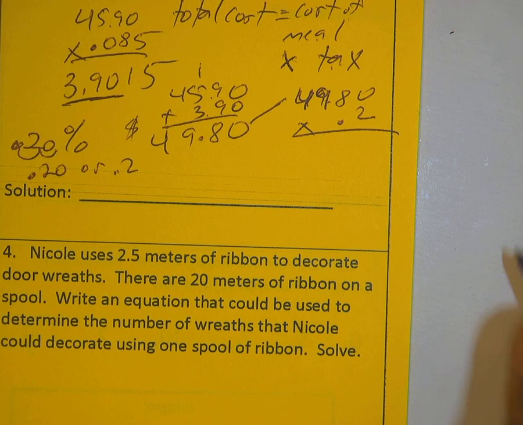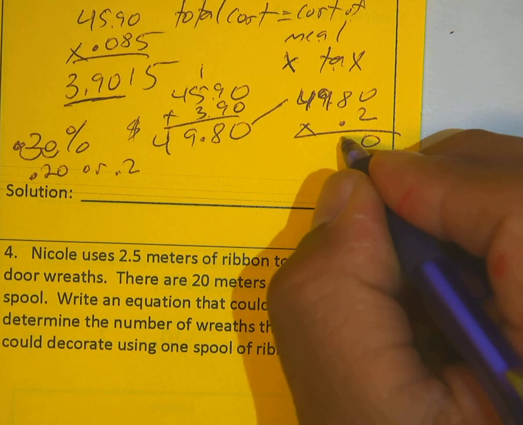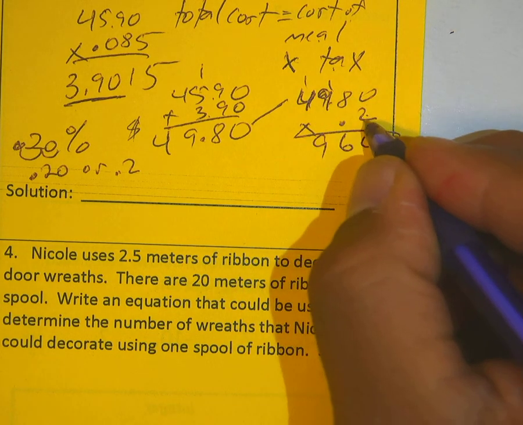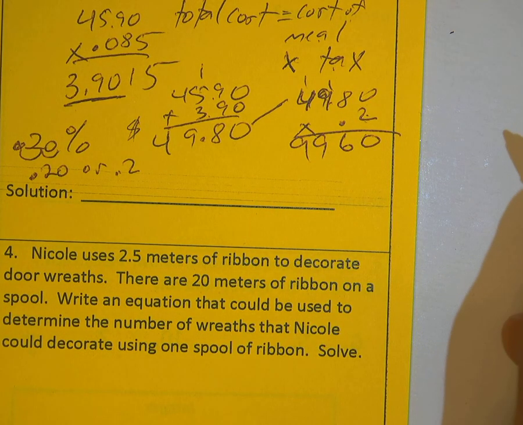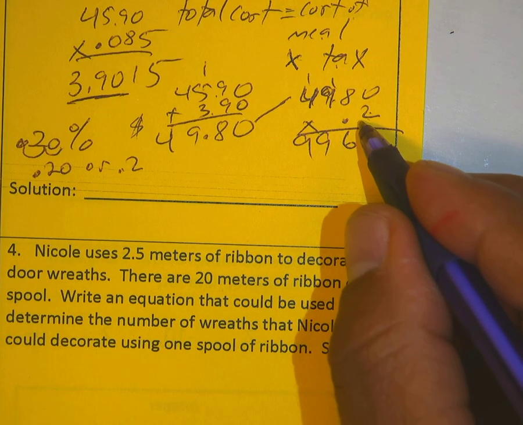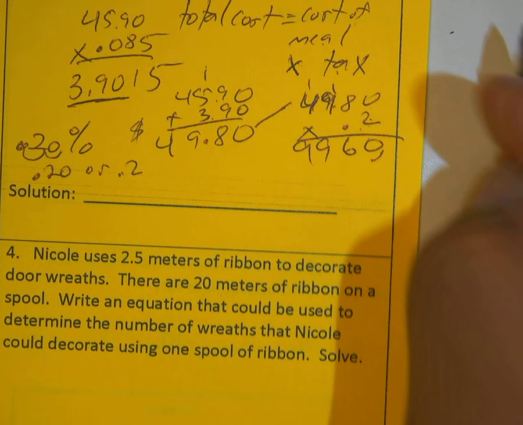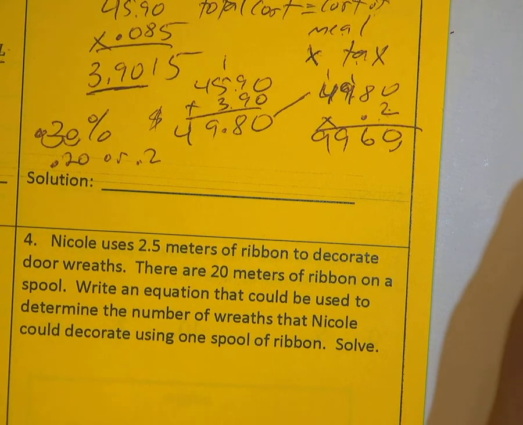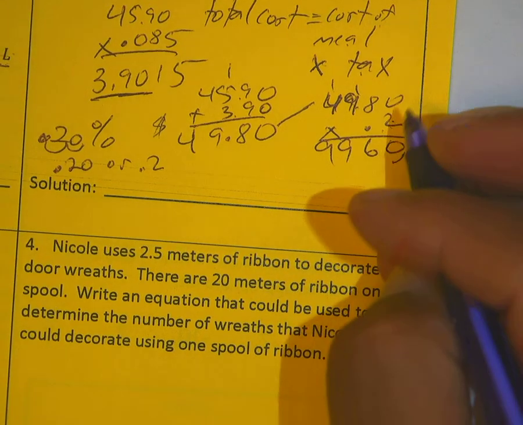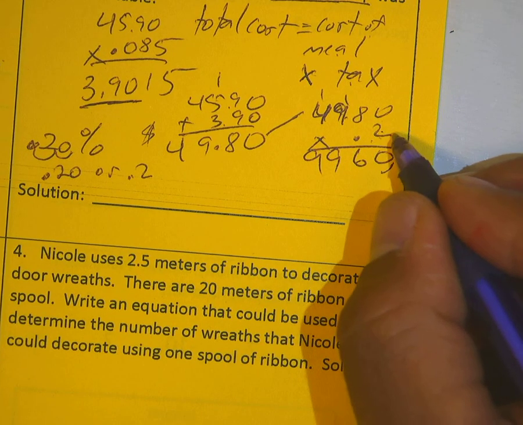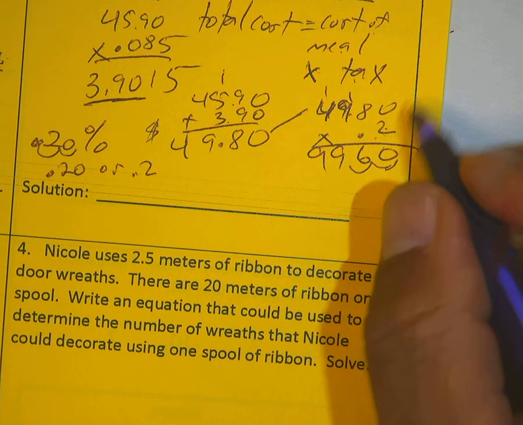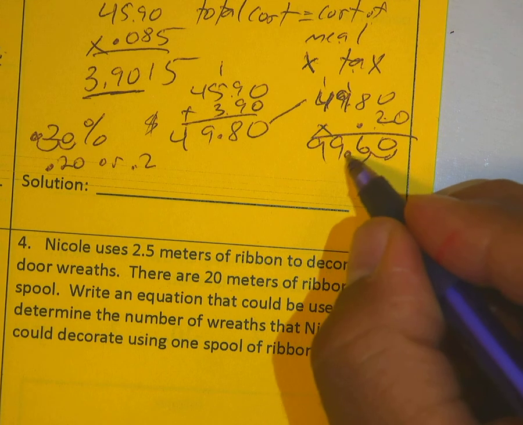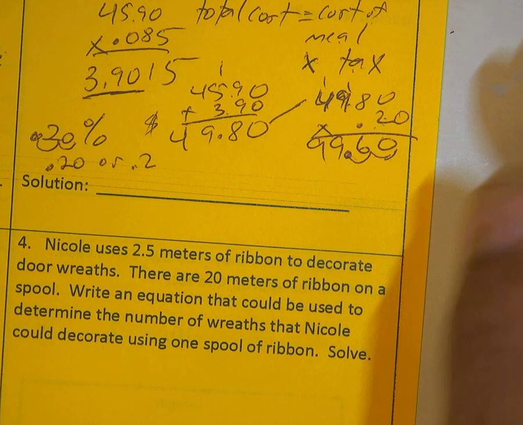Okay, so you get 0, 8 times 2 is 16, 9 times 2 is 18, plus 1 is 19, 4 times 2 is 8, plus 1 is 9. Okay, and then it says one number to the right of the decimal, so you move it. Let me make sure I did this right. 18, 19. Okay, and so now you're going to move the decimal. Oh, I'm sorry, I took the 0 off. Right, so then 1, 2. I should have put the 0.20. Okay, so then 1, 2, and I get the